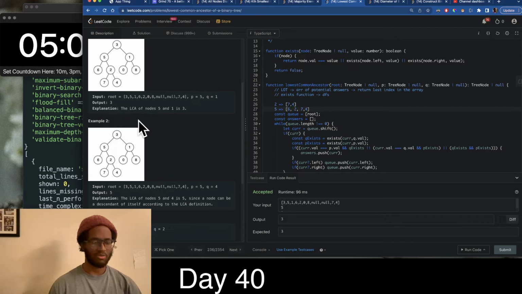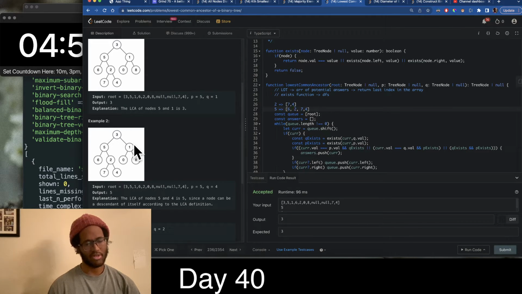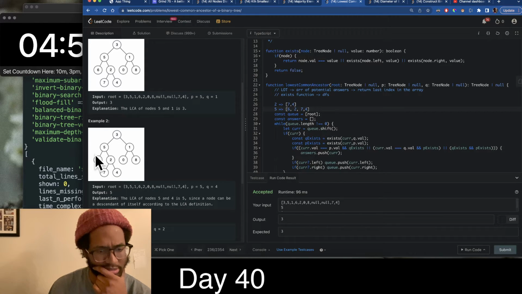So maybe we'll start with root being the lowest node. Let's say, have we seen 5? We have. Have we seen 4 yet? We haven't. Then we'll say, okay, 6, 2, 0, 8, then we'll say 7, 4, we'll say we have seen 4,